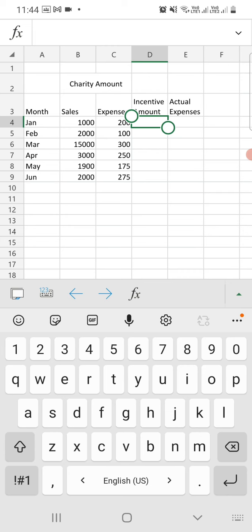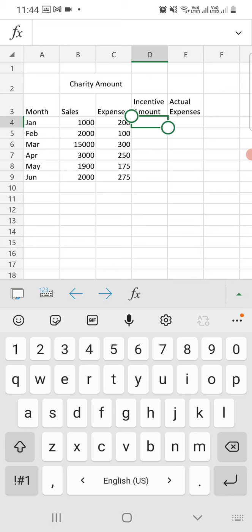Now we need to calculate the relative reference. So how can we calculate the relative reference? The steps here are given in our book, that is to copy the formula. Select the cell B11 in which formula equal to sum in first bracket B4 colon B9. That means we are going to sum the data from B4 to B9 cell.